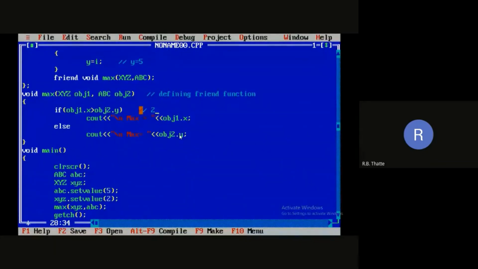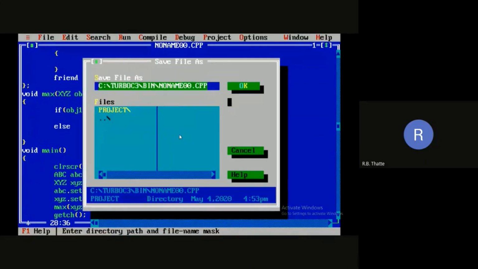It will compare 2 with 5, object 2 dot y. So we are comparing 2 and 5, the condition will be false, and it will go to the else part and print object 2 dot y, that means it will print the value of 5.